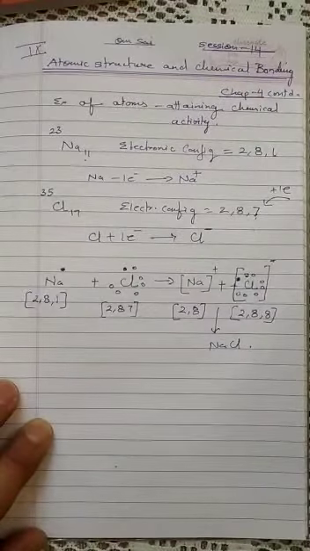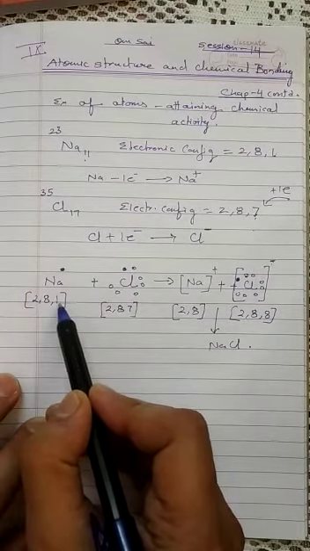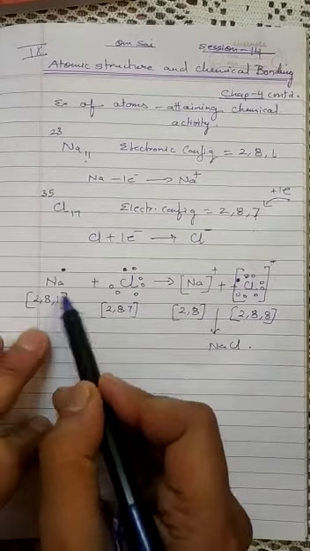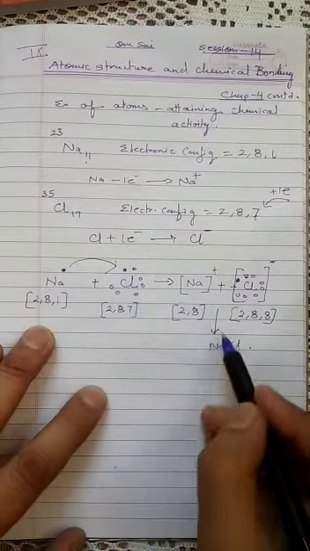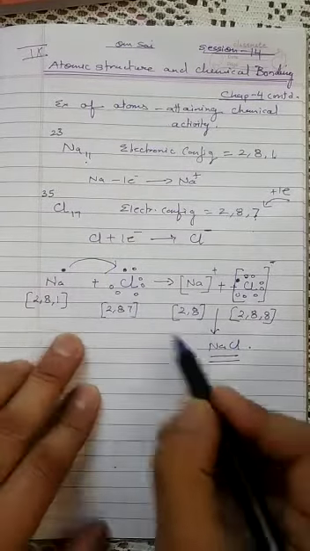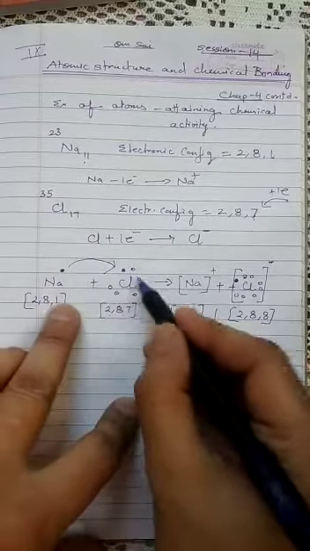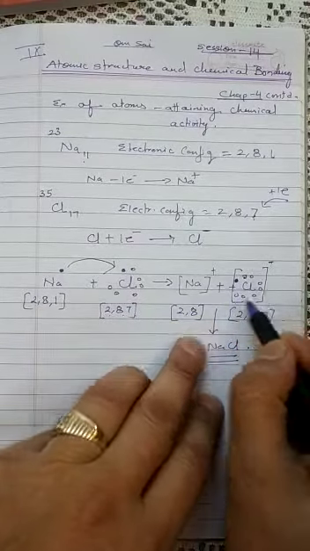So now you see here, sodium has electronic configuration of 2, 8, 1. 1 electron is extra, so it will donate this electron to chlorine in the formation of NaCl. As chlorine has 1 electron less to become stable, it will gain 1 electron. This is the configuration of chlorine atom, it will gain 1 electron and also become stable. 7 electrons, 1 2 3 4 5 6 7, 1 electron from sodium will be donated, and it will have 8 electrons in its outermost shell.